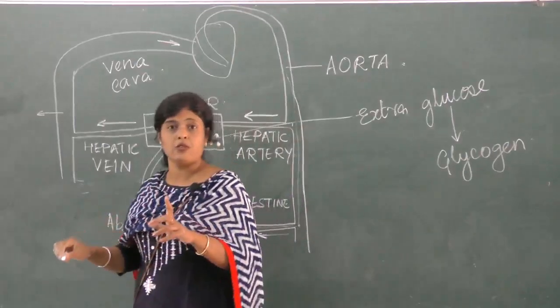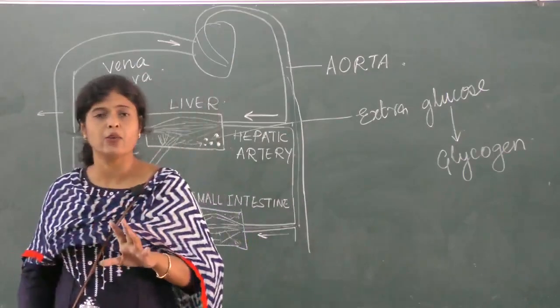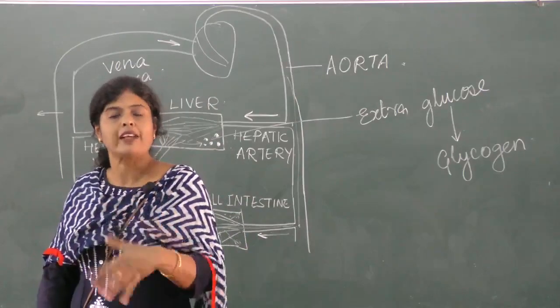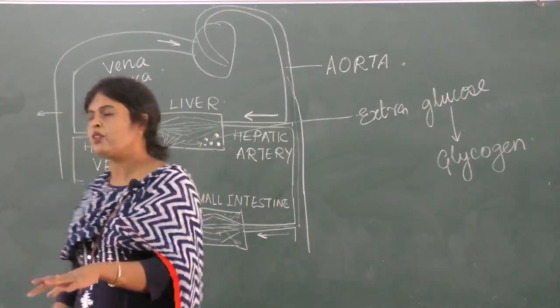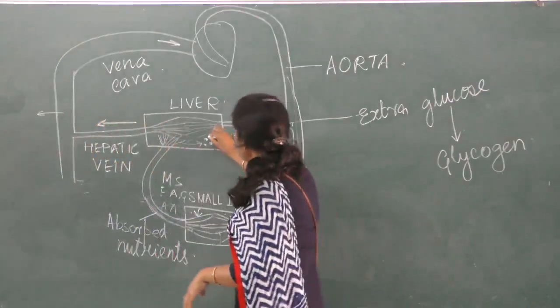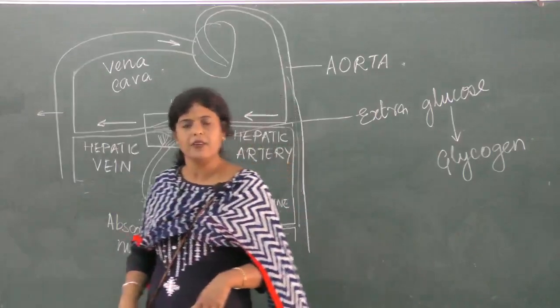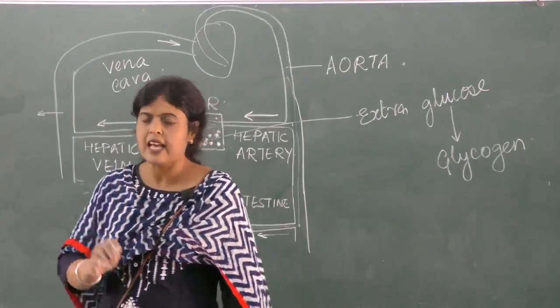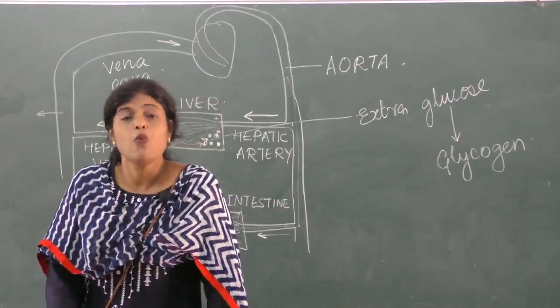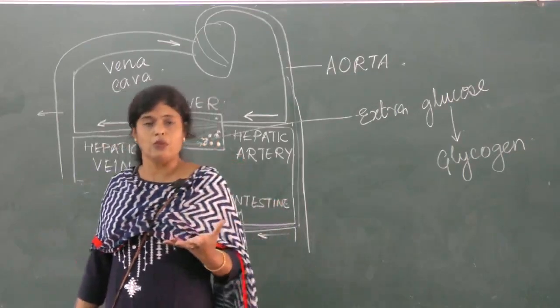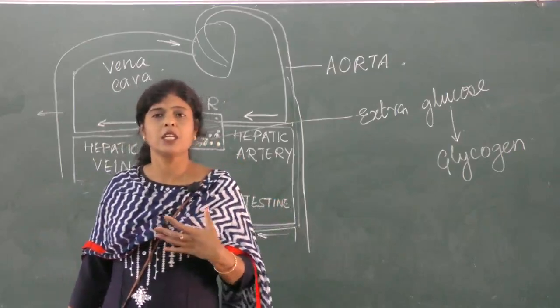I said extra glucose, not the entire glucose. How much is needed remains in the blood. How much is extra is converted into glycogen and is stored in the liver. Is it all right? This is one case. Now let me explain, what if it is just the opposite? Suppose I need more glucose, I am doing some tedious work, I need